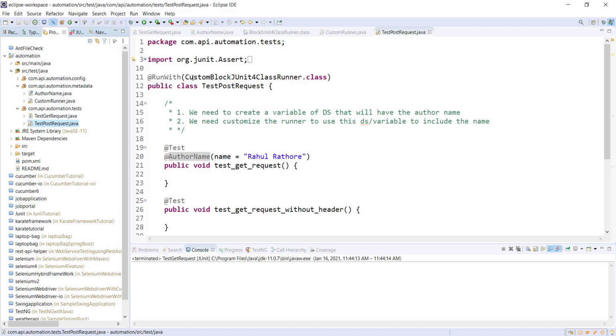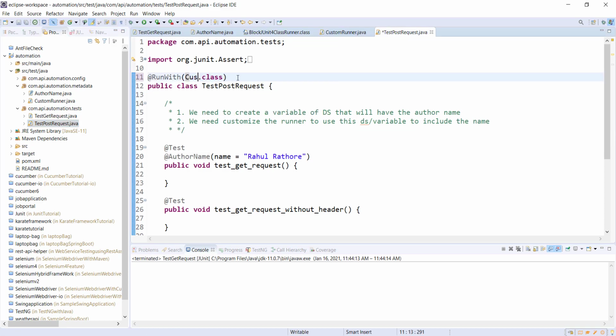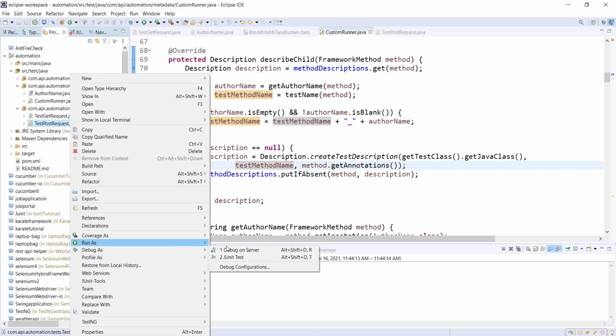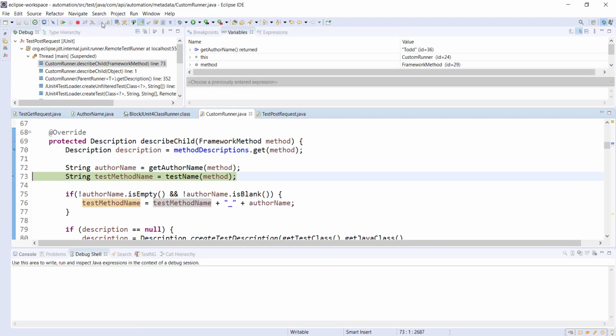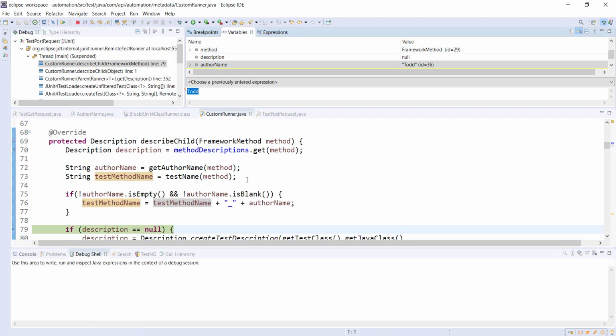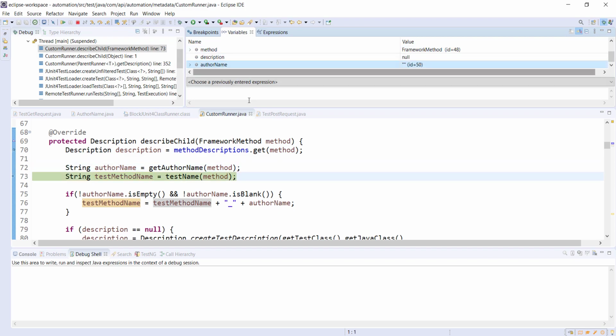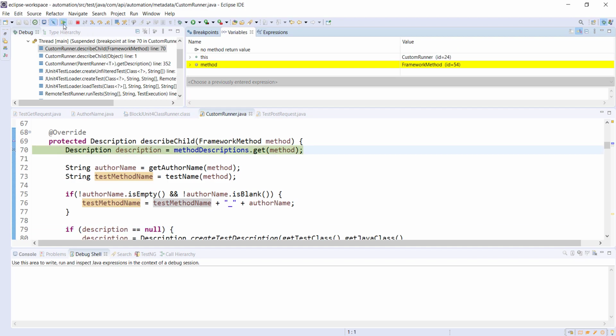And in the RunWith annotation, I'm going to use my custom runner. Let me put a breakpoint in this method and run this test method in debug mode. So this is our author name, and we are going to attach this information to the test method name. In the second run, the author name is empty, so we are not going to attach that information to the test method. Let me continue with the execution.